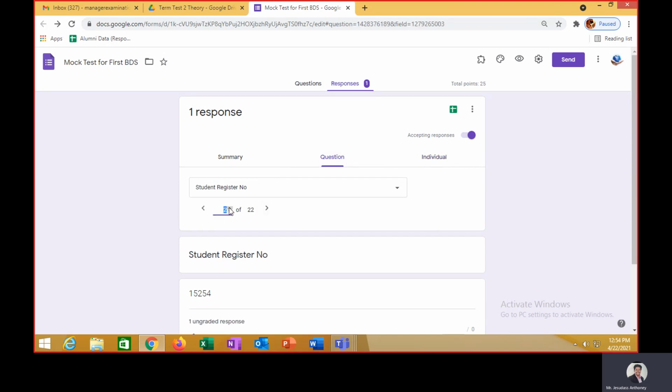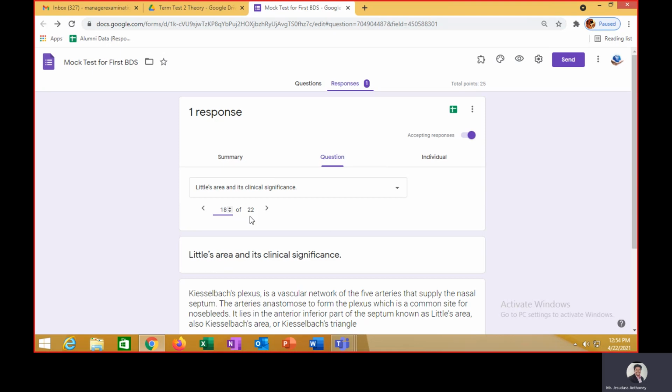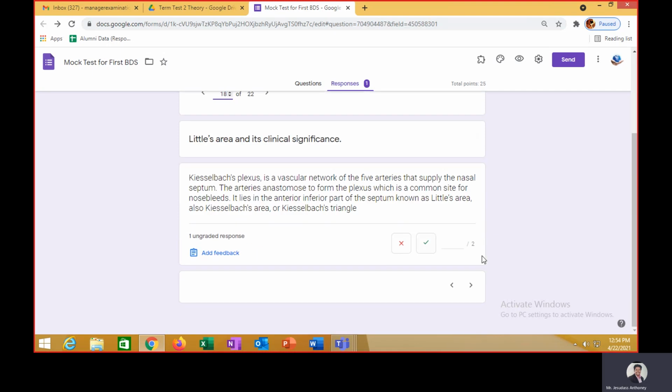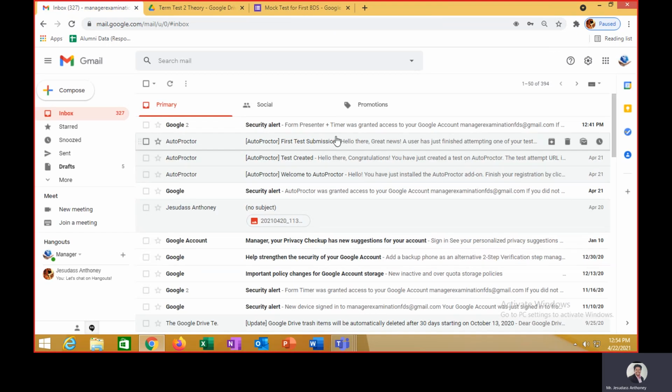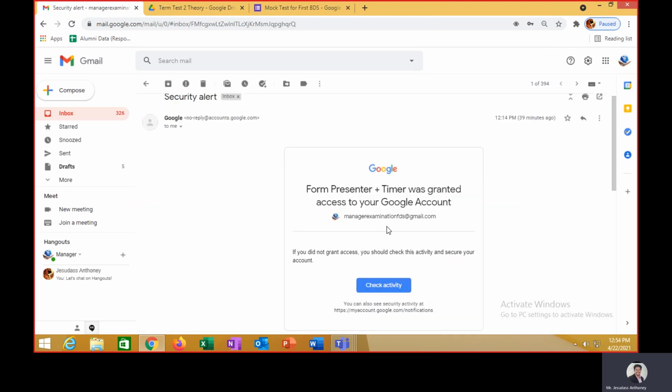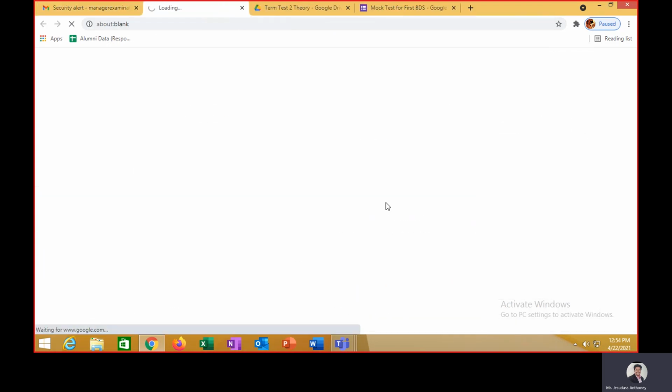Even if I want to go straight to the short answers and start evaluation, you can follow the same procedure. But where is the option of that tool and the report? It comes straight to your mail. So this is the activity of that particular tool.